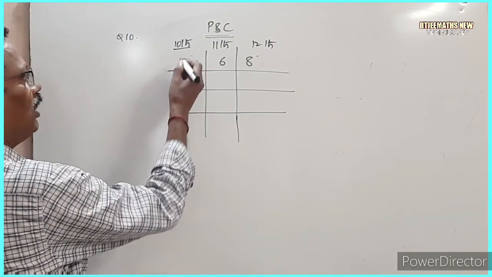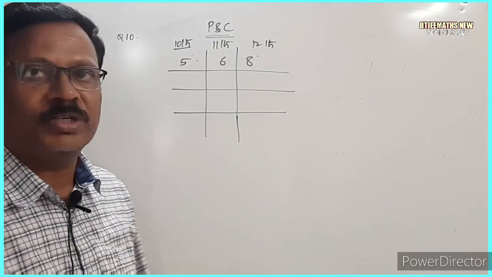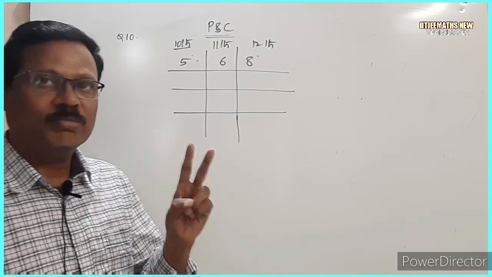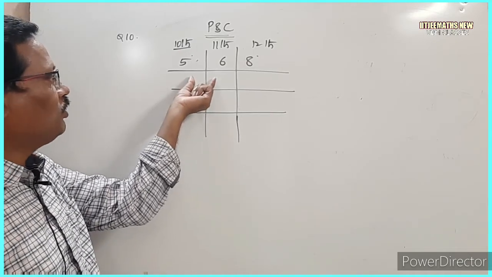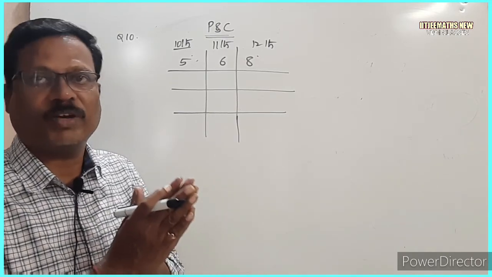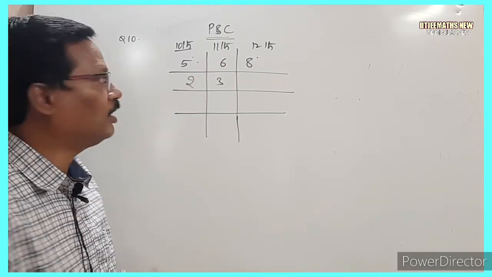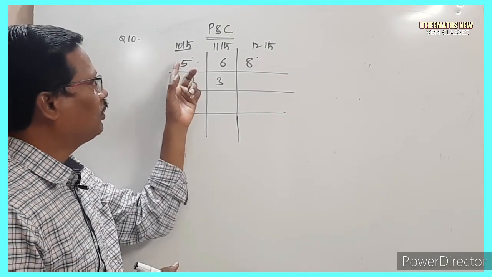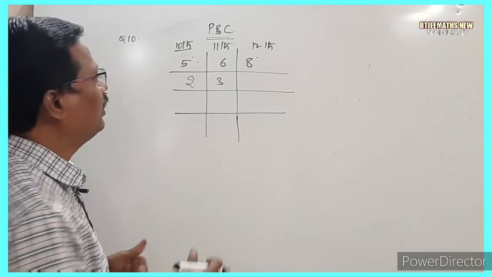The 10th class has 5 students, the 11th class has 6 students, and the 12th class has 8 students. We want at least 2 from each section and at most 5 together from the 10th and 11th. That means the students selected from the 10th and 11th combined must total at most 5. Now let us see the at most together from the 10th and 11th: 2 plus 3 is 5. It should never exceed 5.